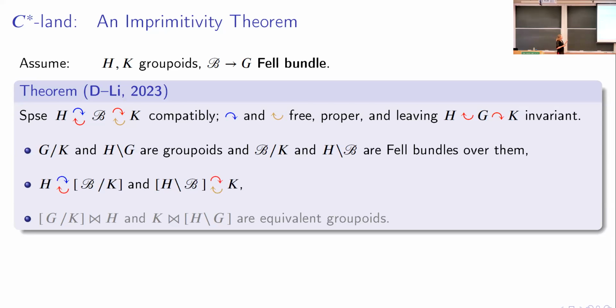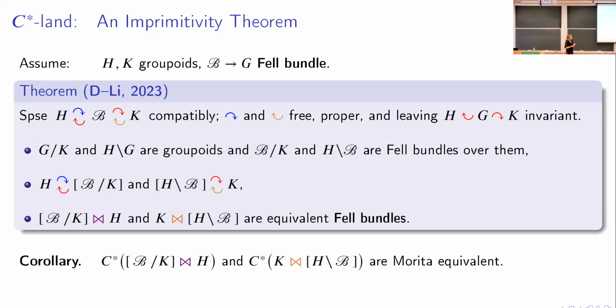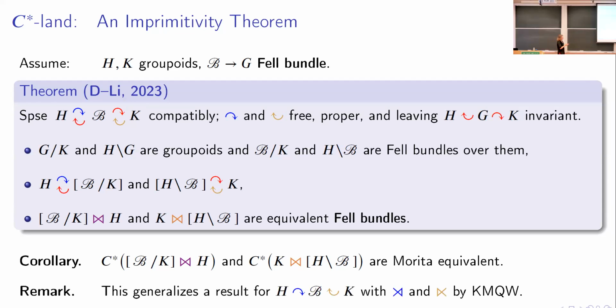And then, sure enough, you also get two-way actions that are compatible of the respective other groupoid on that quotient. And lovely, these are actually also, again, equivalent Fell bundles. And I keep forgetting to make the fancy bow tie here. So this should be the fancy C-star algebraic bow tie, right? So this is really the Zappa-Szép product of Fell bundles. And one more time, a corollary that comes from this is that the C-star algebras of these Fell bundles are therefore Morita equivalent. And I should mention this semi-direct product construction of Fell bundles with groupoids by Kaliszewski, Muhly, Quigg, and Williams is really a specific example of our theorem.